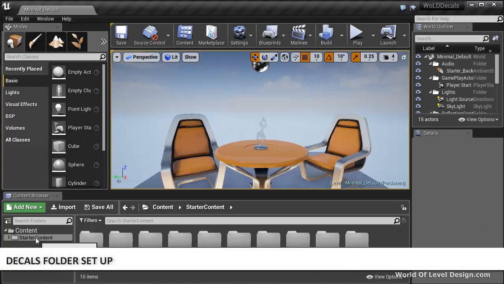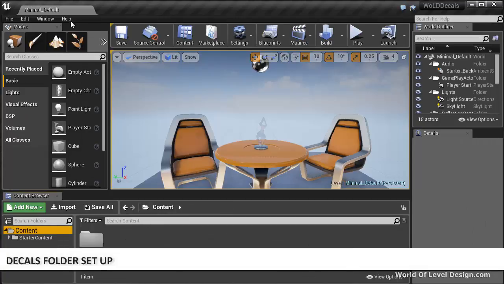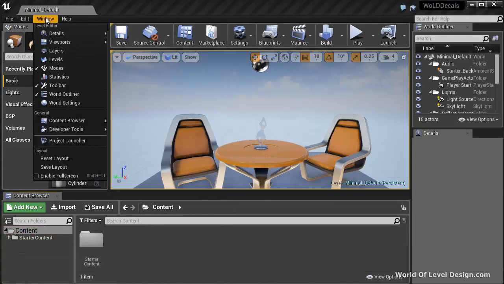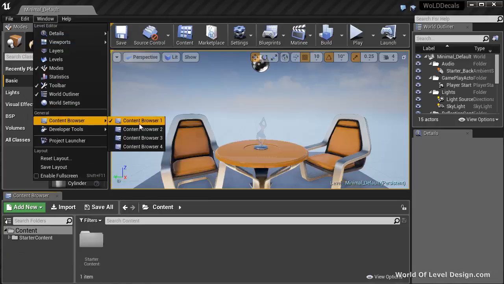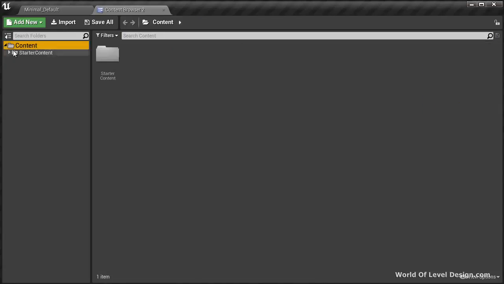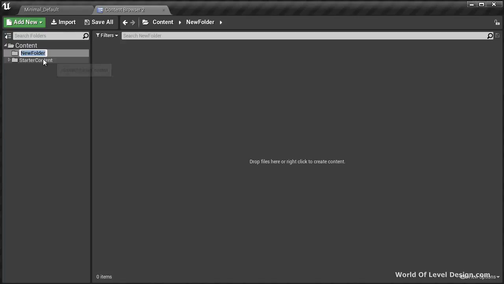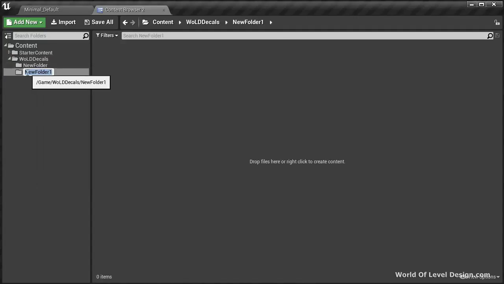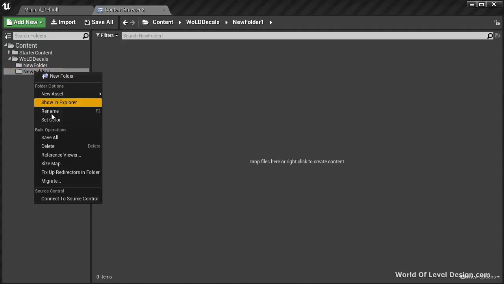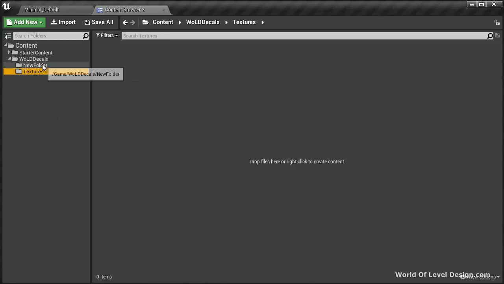Next, let's create two folders inside the content folder. I'm actually going to open a new content browser window so we can see better. I'm going to select content, and inside the content folder, I'm going to create new folder and name this WOLD Decals. Inside this folder, I'm going to create two additional folders and name the first one Textures and name the second one